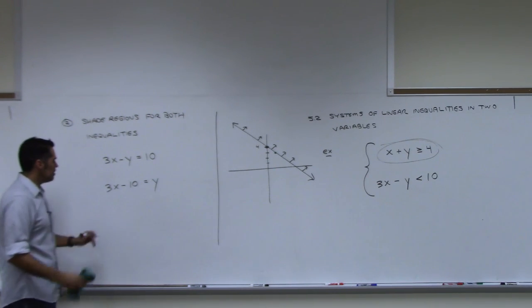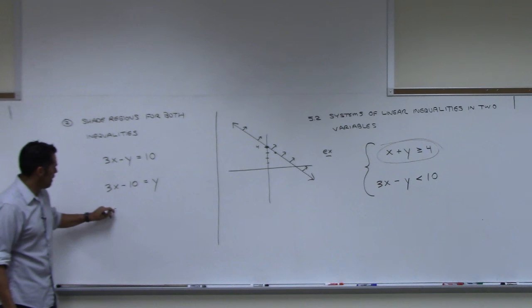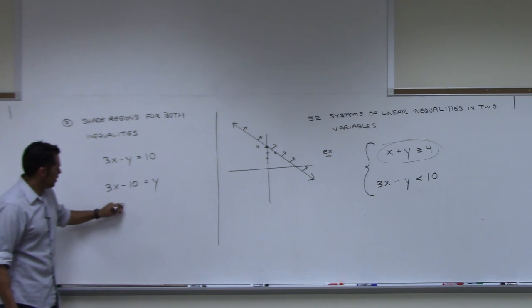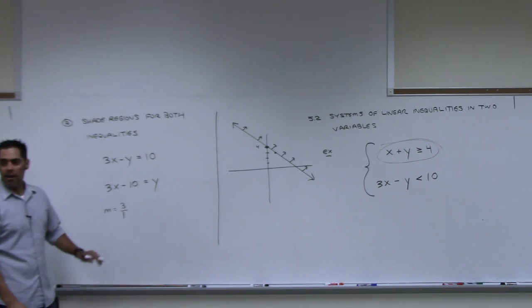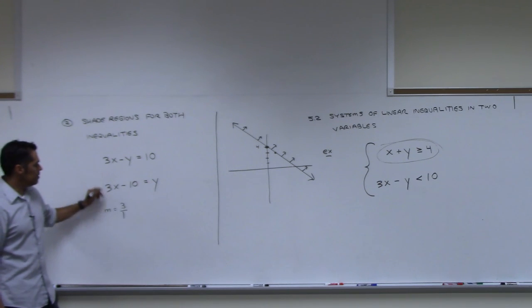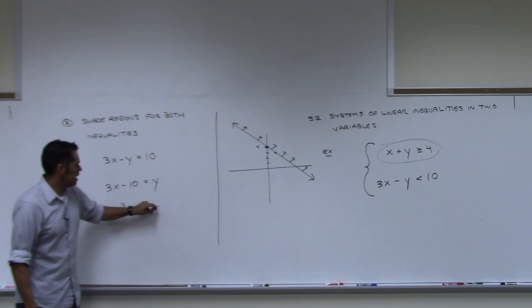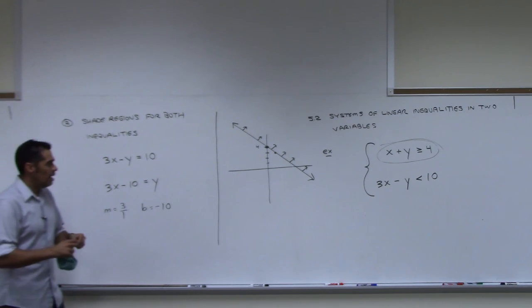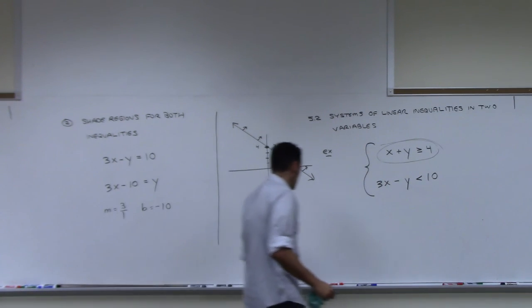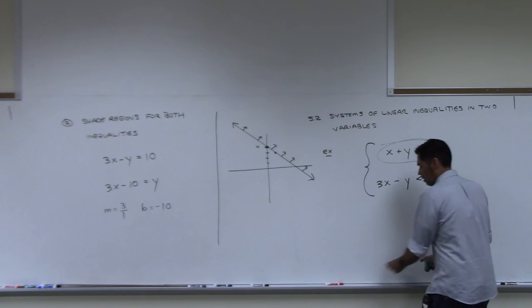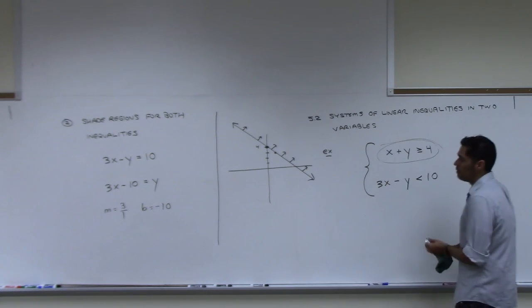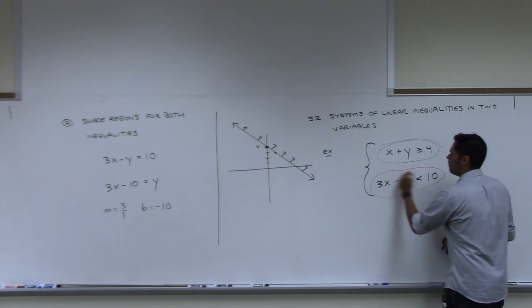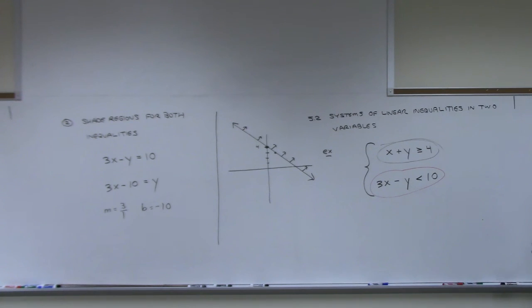And so what's the slope of this line? 3, and that's 3 over 1, right? That's your slope. And then the y-intercept is negative 10. Okay? Now, I'm going to do this line in a different color. I'm going to do it in blue. Or let me do it in red. Okay, so I'm going to do this one in red. So I'm going to start out at